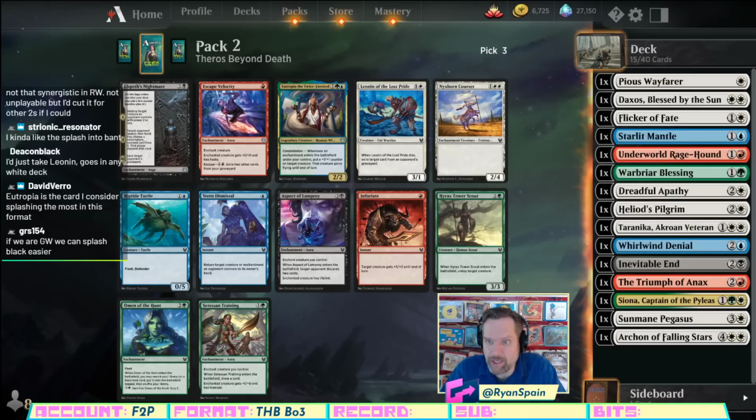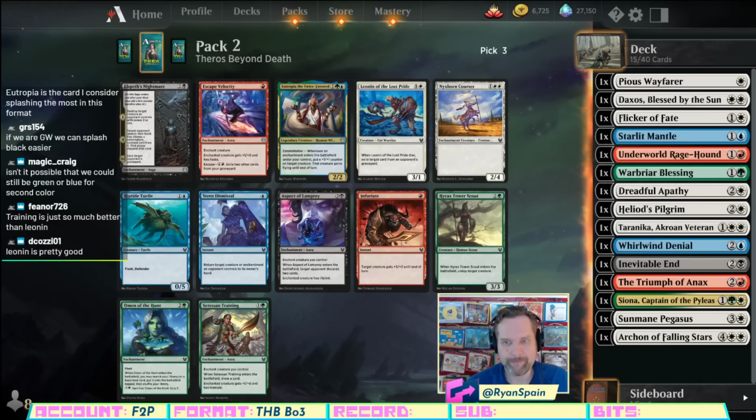Thanks for that thought, Jikerman, explaining your thoughts on the Hound. I've been looking at this Eutropia, but other people are looking at Elspeth's Nightmare, splashing that potentially. If we're green-white, we can splash just about anything. This seems poll-worthy. I'm going to call it Nightmare,